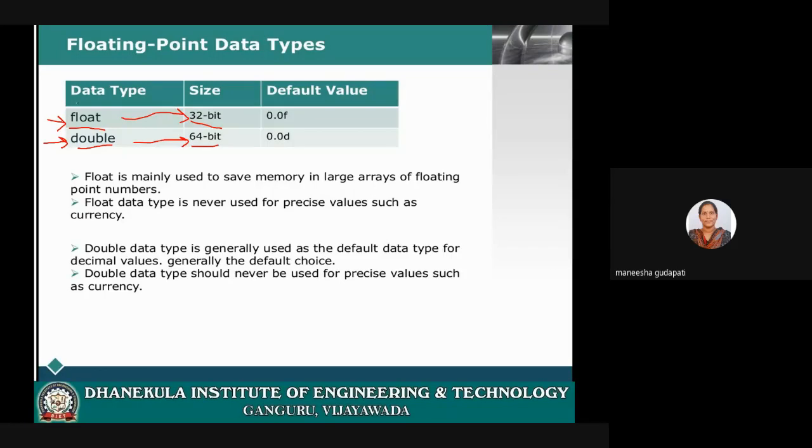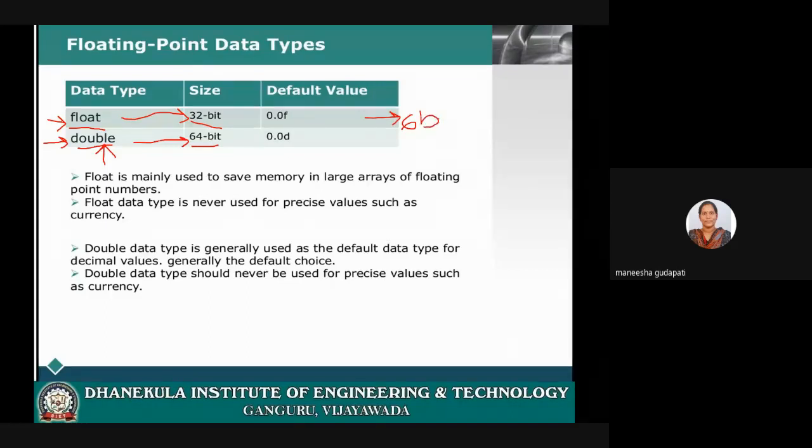For float and double, we don't have any range. You can store any range of values. Suppose you have a very big fractional number, then go with double. It can store a long precision, whereas float can hold only 6 digits of precision.